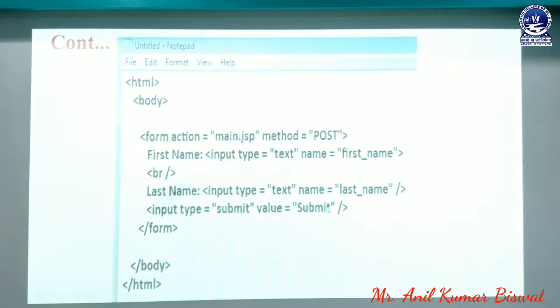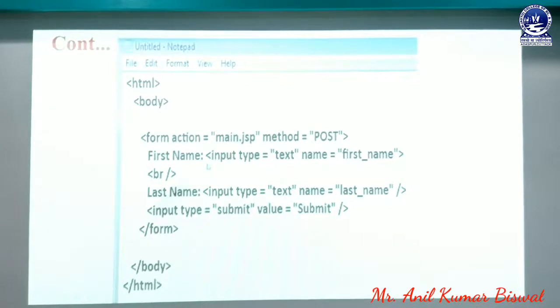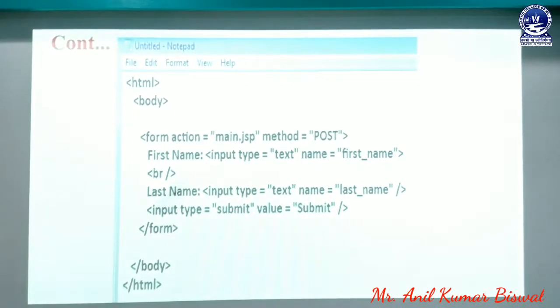Each page must be saved with the extension .html, and the user may type any name, because you know the previous program is named main.jsp, but this program is named filename.html. So it is a general way of analysis through which you can design that record. That means the record must be stored in our system, and if a user wants to access it, at that moment it always takes the help of our web server. Without a web server, that JSP page is unable to be accessed in our system.